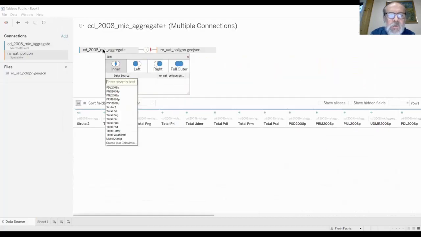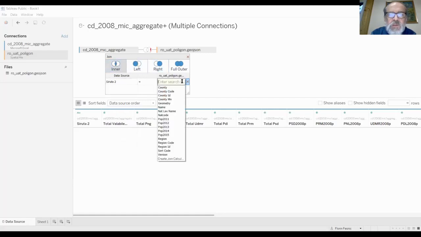Okay, and now the next step, we want to merge these two data sets, to link the electoral data to geographical information. So here we choose Siruta 2 in this drop-down menu, and here we choose netcode.